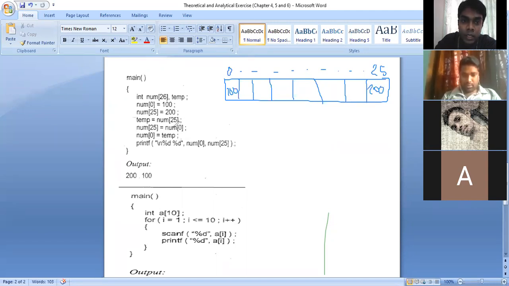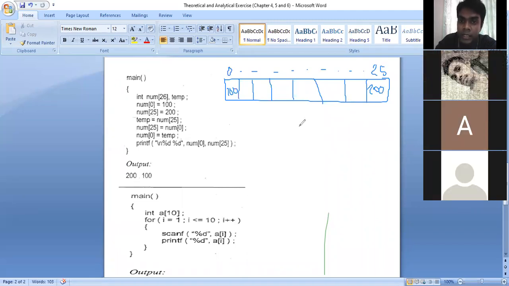Then in this fourth line, what I am doing is giving the value of the 25 number position into a temporary variable. What is the value of the 25 number position? 200.